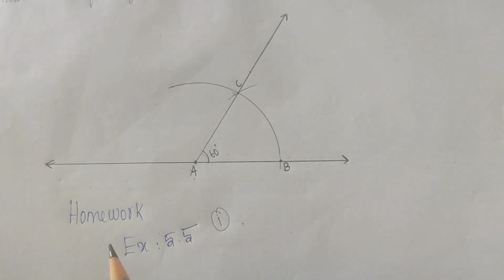Okay, today's topics: the first one is perpendicular bisector, the second one is angle bisector, and the third one is constructions of angles. So today we have studied 3 topics. So first do your homework and presentation, very very important. So don't overwrite. Okay students, we will meet in the next class with a new interesting topic. Okay, bye.